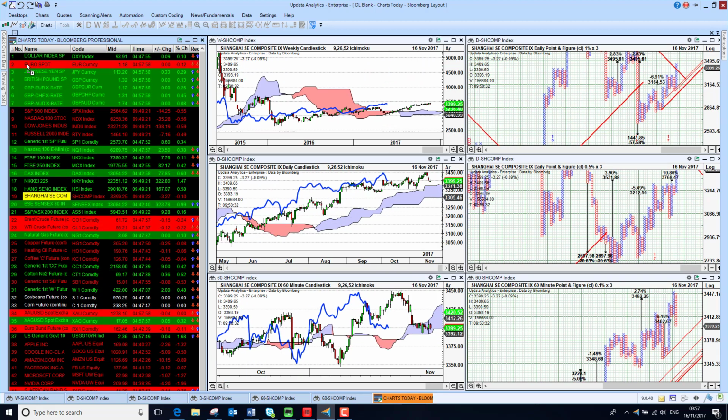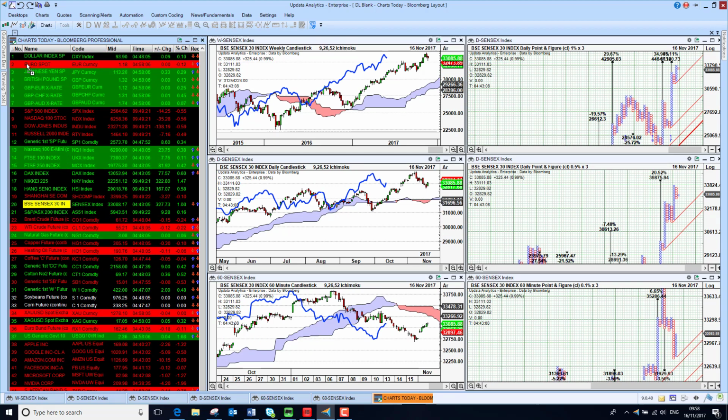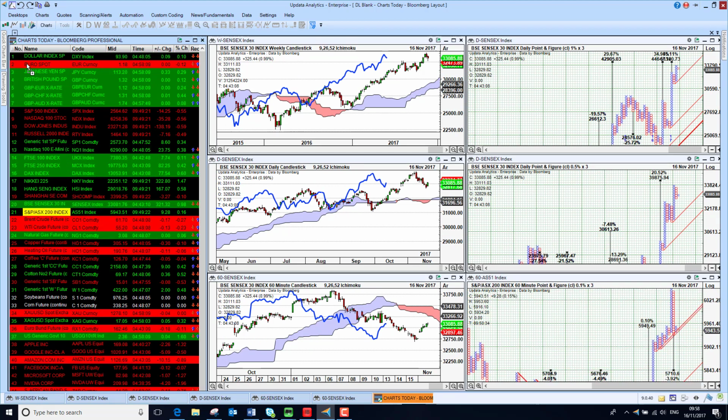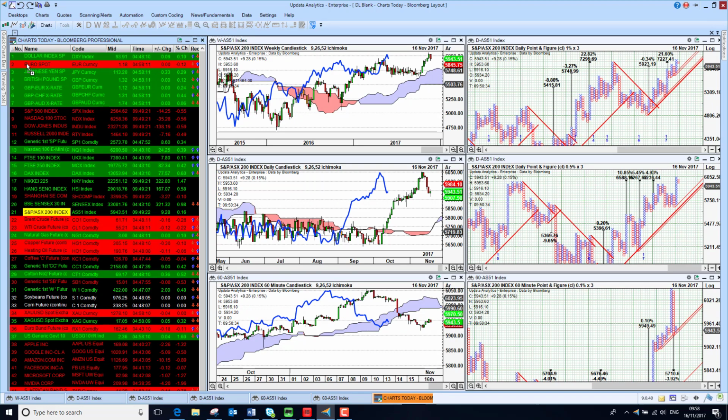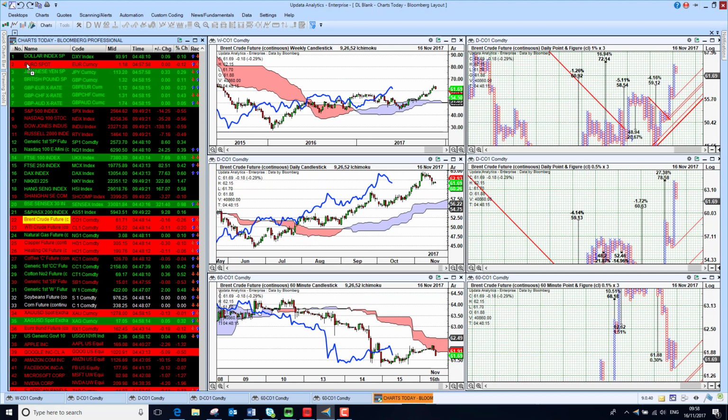The Shanghai index is still bullish above the cloud, although it did sell off just very slightly last night, and the Indian market making a little bit of a recovery as well. Medium and long term bullish, short term just bearish. The Australian market also just holding on to its bullish position short term, and if we look at commodities now,